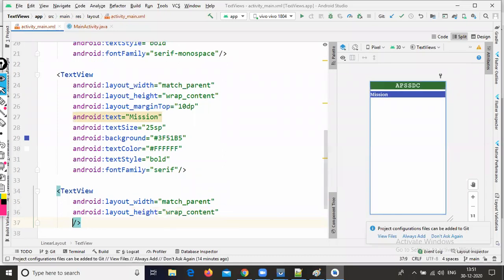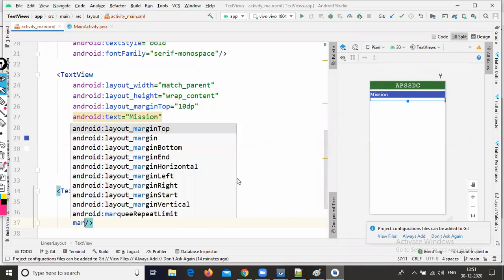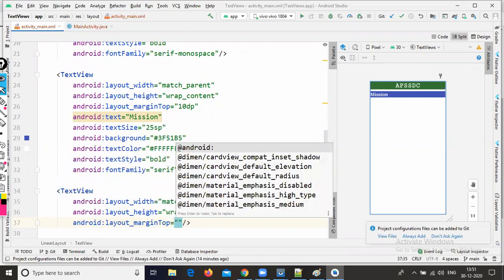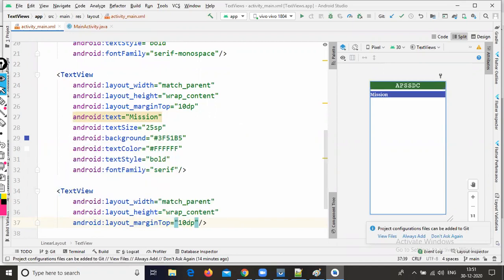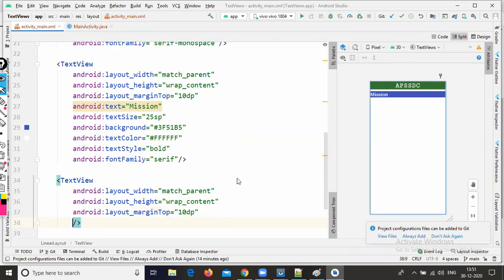I want to display some margin top, because I want to display some space between the upper view and the lower view. Here I'm writing the text property, android colon text. Now we don't have any text here, because the data is not available, so we need to copy the data.